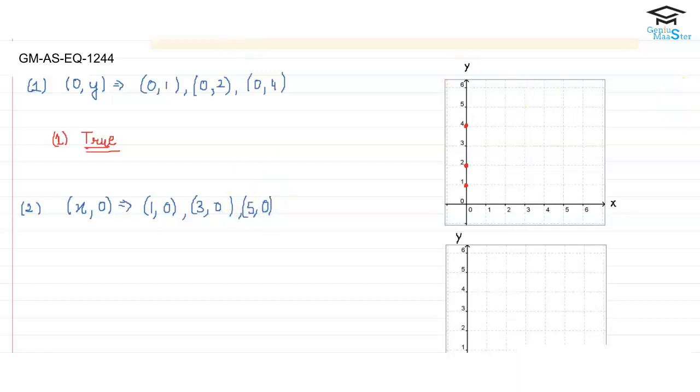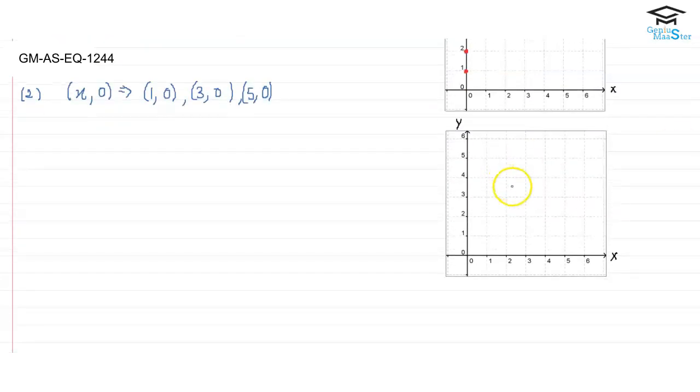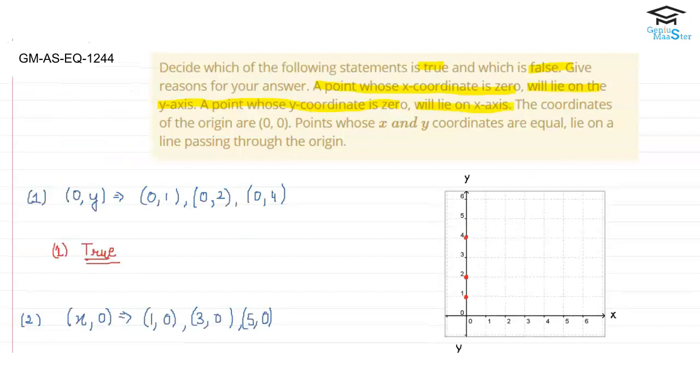Let's plot it on the graph. We see the y coordinate is 0 and the x coordinate is 1. So (1, 0) is here, (3, 0) is here, (5, 0) is here, and so on. It will lie on the x-axis only. So yes, the second statement, that if the y coordinate is 0 the point will lie on the x-axis, is a true statement. Let's move to the next part, which says